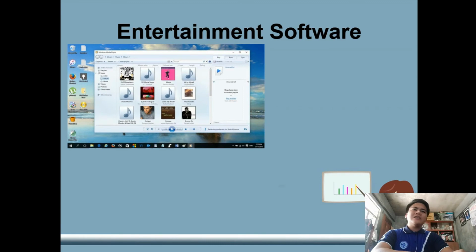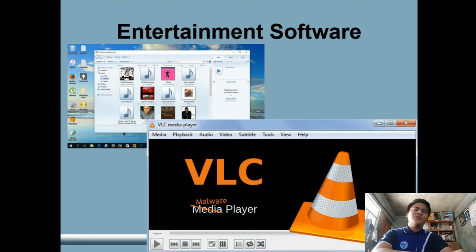Even VLC. Okay, VLC, it is used to watch also, or it is used to play music. Pero aside from those two entertainment software, we have also different entertainment software which is the different games. Example, yung mga online games, yung mga Cabal, yung mga Dragon Nest, and so on.